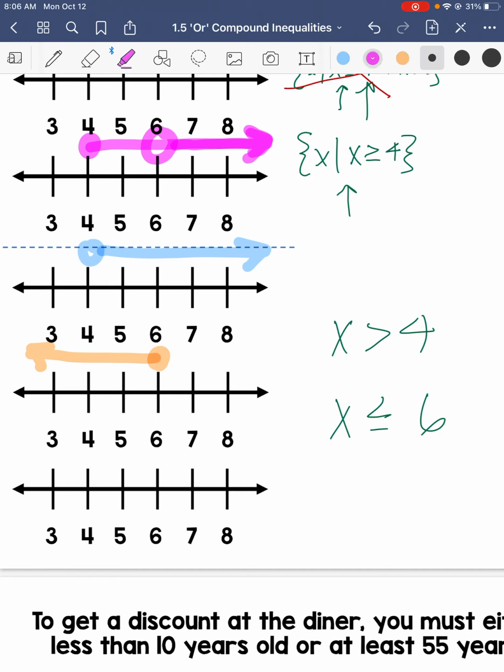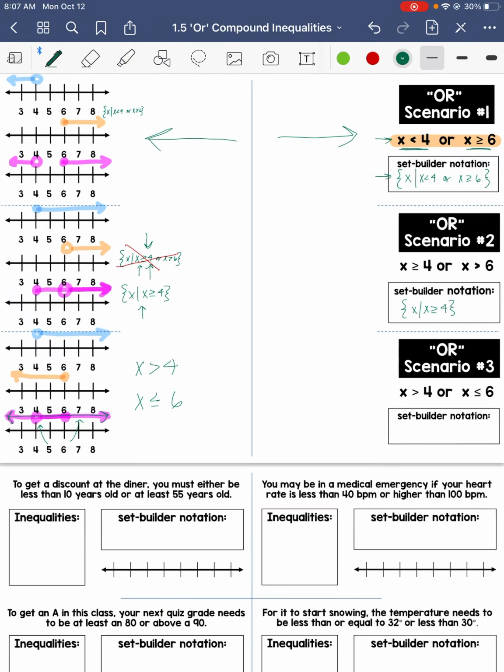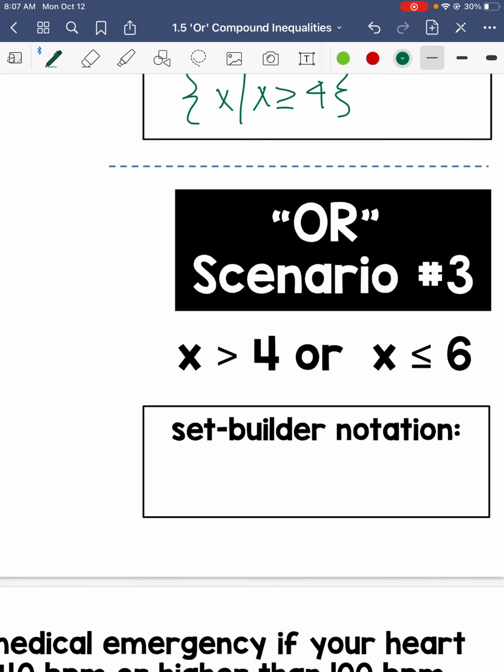Okay, so if we graph these together, we have an open circle here going this way, and then a closed circle here going this way. Okay, so even though we had an open circle here, it's actually being filled by the other side. And then all of these numbers that were greater than 6 are also being filled by the other one. So what we have here essentially is an arrow that's going in both directions forever, covering every number. So the way that we're going to write this is,